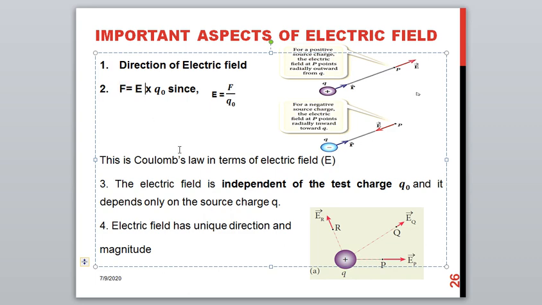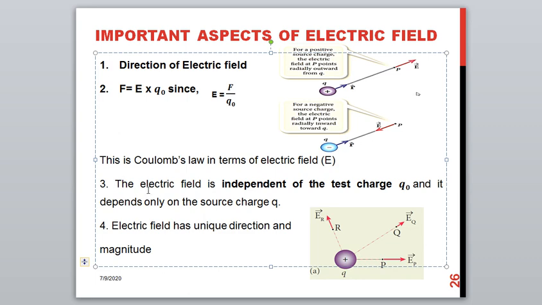If you have two charge values, then you can calculate the electrostatic force between the charges using Coulomb's formula. If you have one charge value and the electric field value of that particular charge, then you can go with the formula F is equal to E into Q naught. And the third point is,